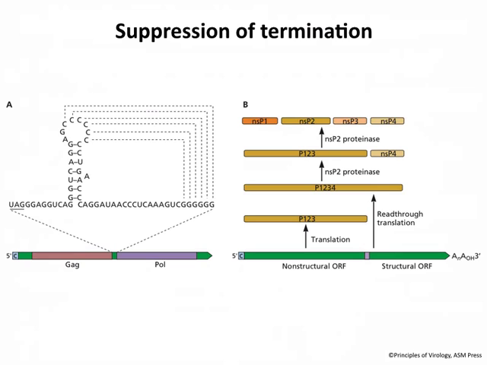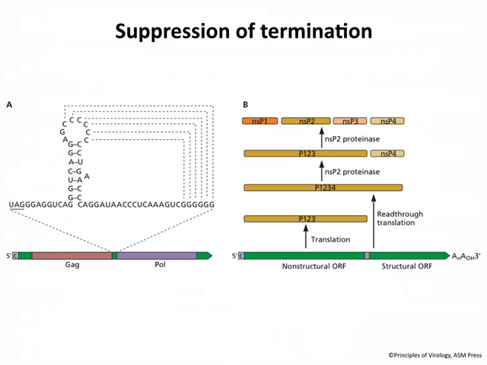Remember, a pseudoknot is a stem loop where the loop region is base pairing with a downstream sequence. So apparently what happens here is the ribosomes bump into this pseudoknot, and they pause just long enough so that a suppressor tRNA can come in and misread the stop codon. And then you now get a fusion protein made of GAG-Pol, and you get enough polymerase to suffice. Remember, polymerase is an enzyme, so you don't need a lot of it. So 5% suppression is apparently enough. If you get rid of this pseudoknot by mutagenesis, you no longer get suppression. So that's absolutely essential for that.